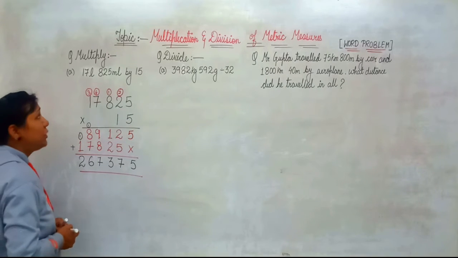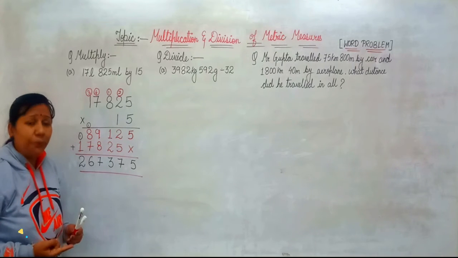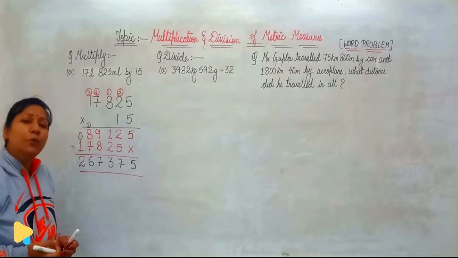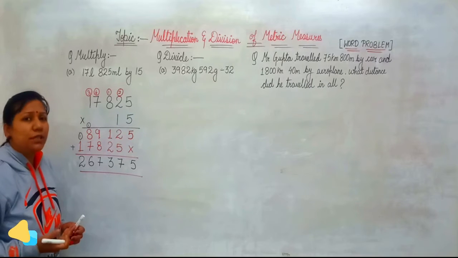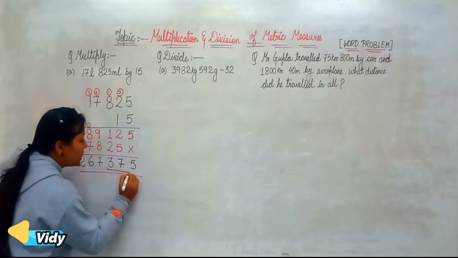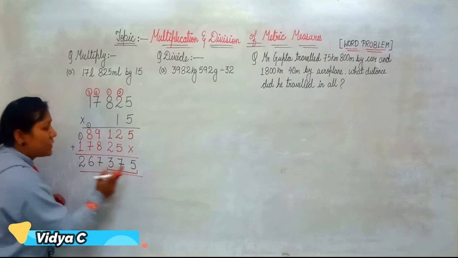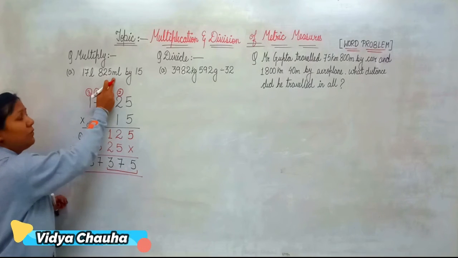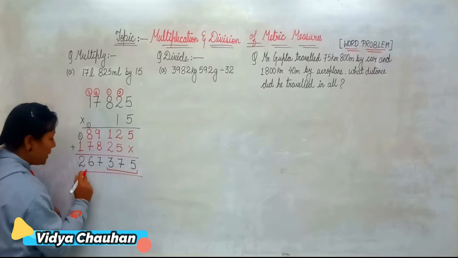So students, as you know that the relation is 1 liter is equal to 1000 milliliter. That means the value in milliliter should be less than 1000. It means it should be a 3-digit number or a 2-digit number, but can't be a 4-digit number. So here what we will do, we will actually separate the last 3 digits and then the rest of the digits. So we will separate 1's place, 10's place and 100's place digit and that we will put along with milliliters. So what will be your final answer then? Your final answer will be